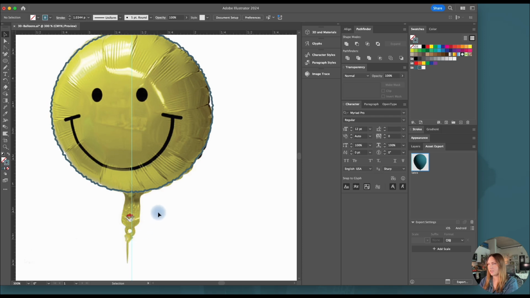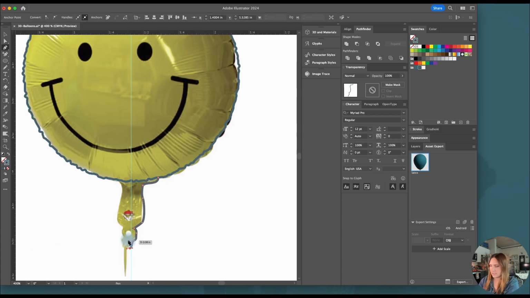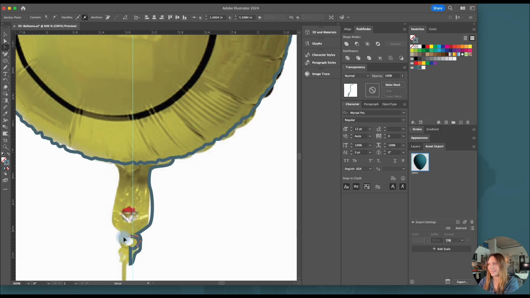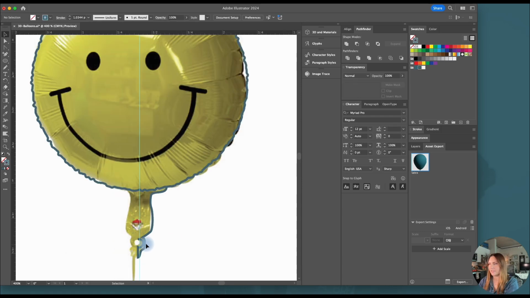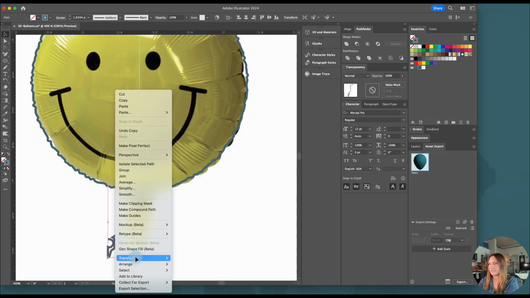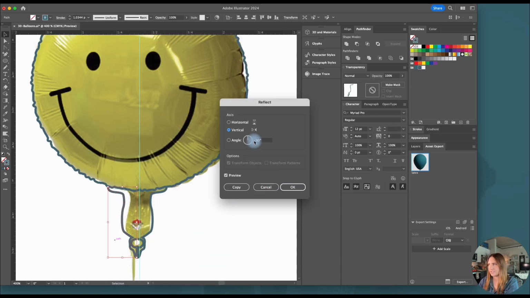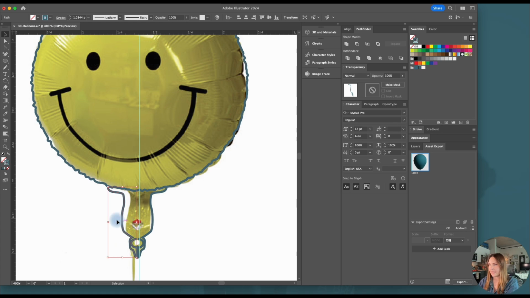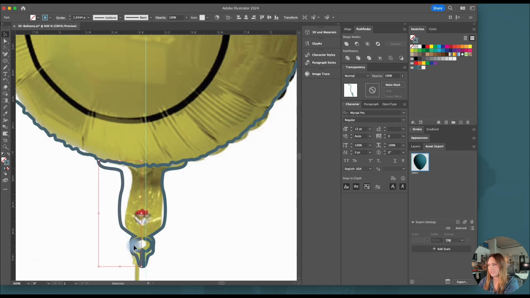And then I'm going to draw the tab part here. I'm going to use my pen tool again and trace along here. And it's not going to be super perfect because they look a little loopy and dented anyways. So just to save a little bit of time, I am going to copy that over, transform, reflect vertically,